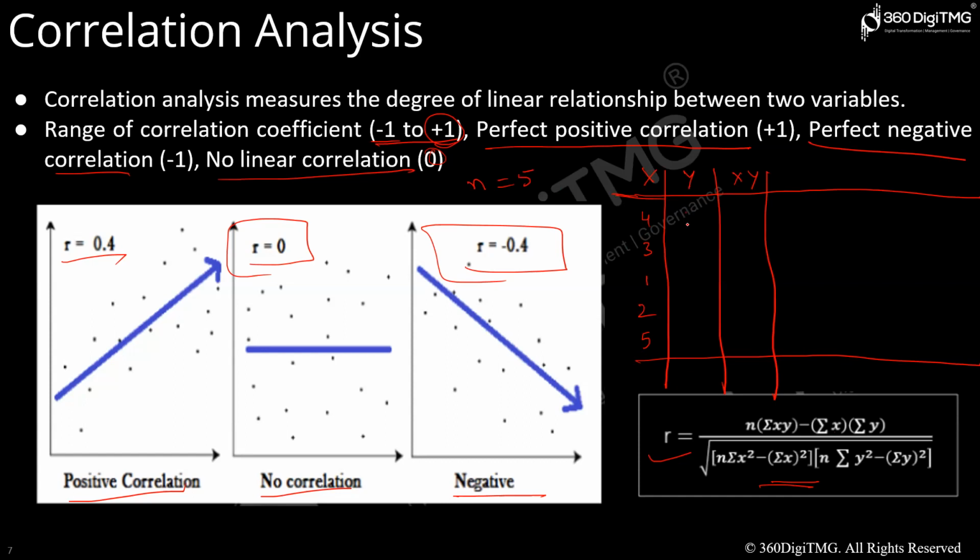Now y, and then here to calculate x and y, I have 4, 9, 2, 10, 20. So the total of this would be